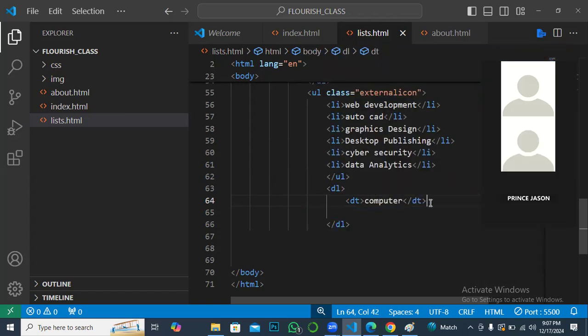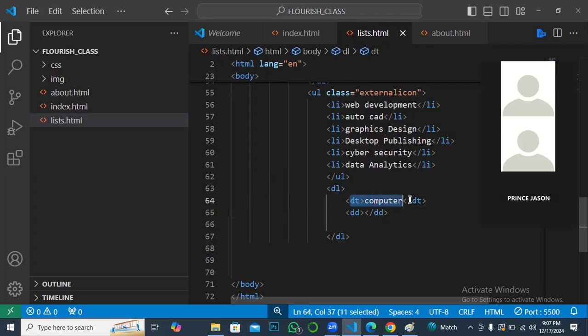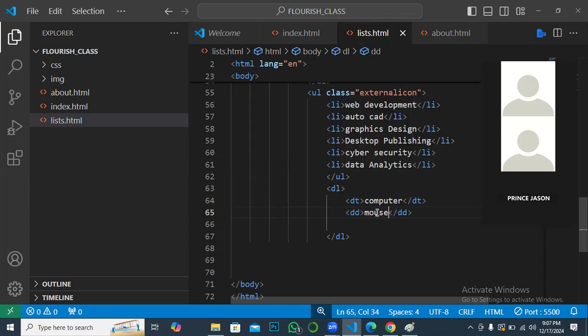And under computer, we have mouse, we have keyboard. So for you to mention those items, in the place of LI, you will now use DD, which means data definition. This DD is to define the item you want to mention. So I will say, okay, we have mouse, then another DD, we have keyboard,